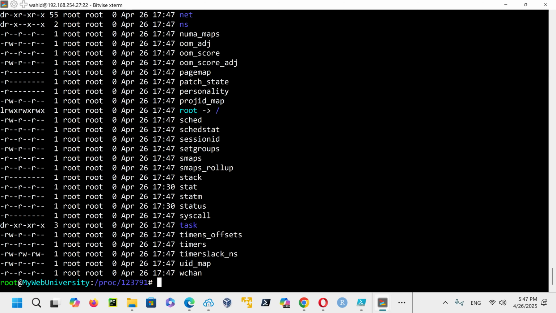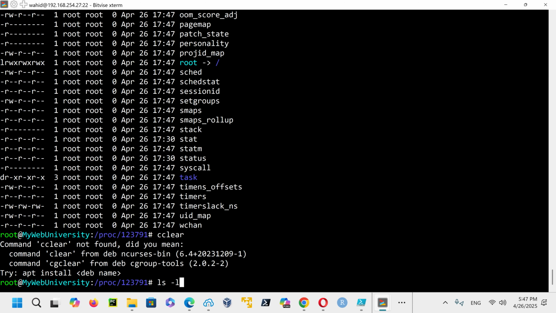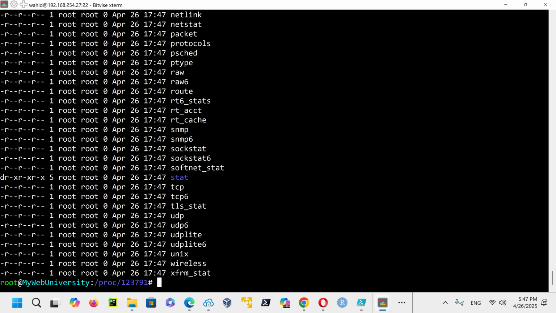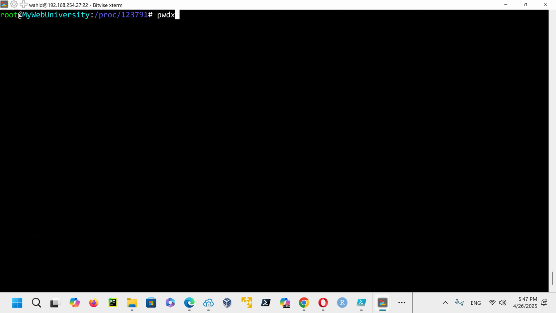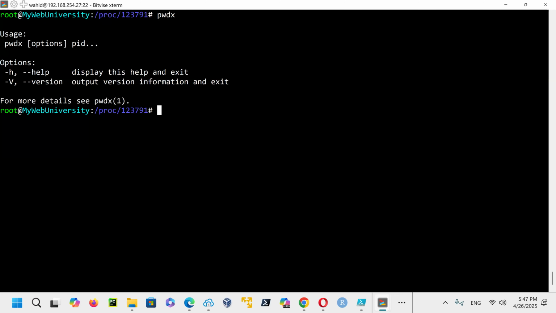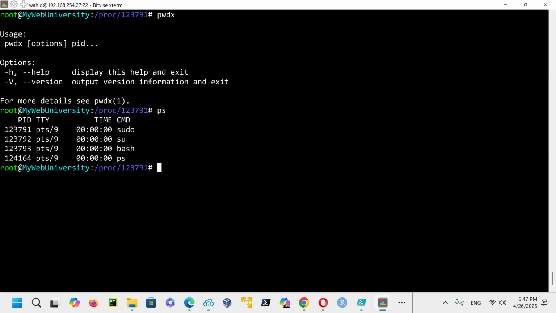If I do ls -l, all the files with the stack, and the pwd, and information related to the net stuff, the process itself, the current working directory of executables. If I say pwdx of this process ID, show me that one.